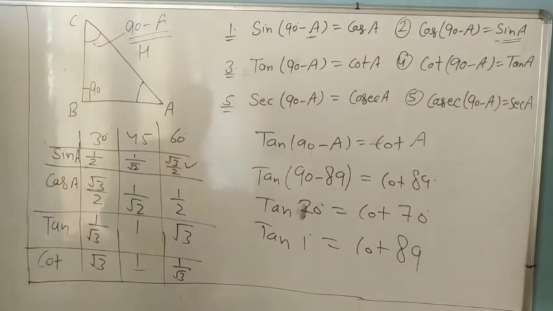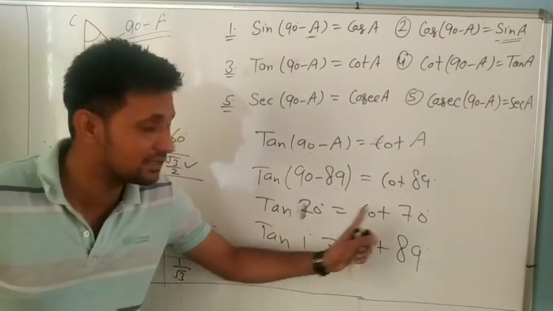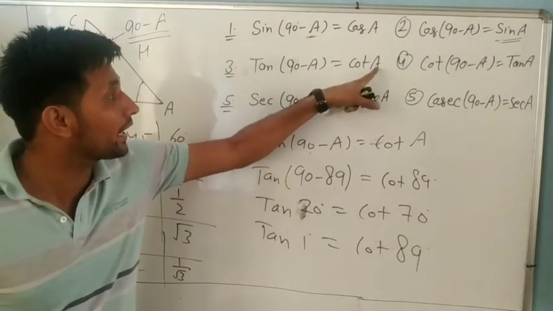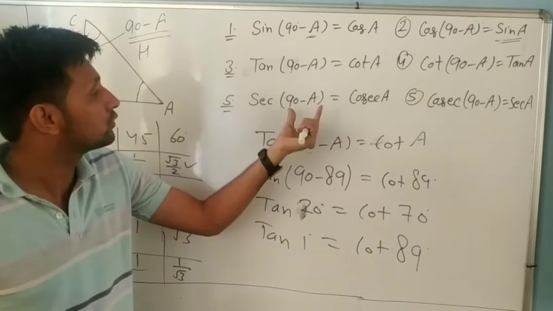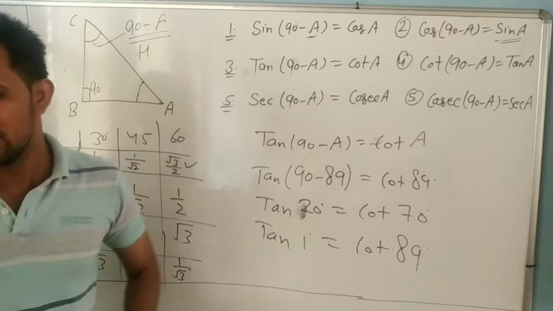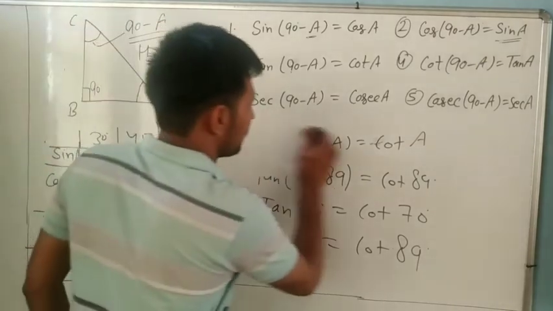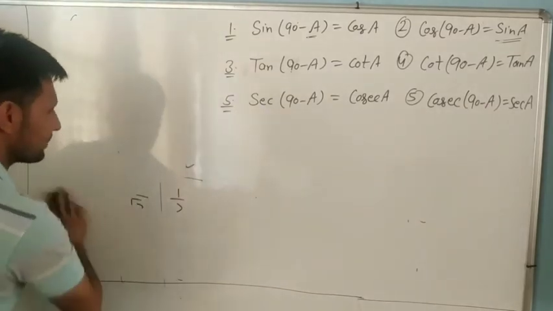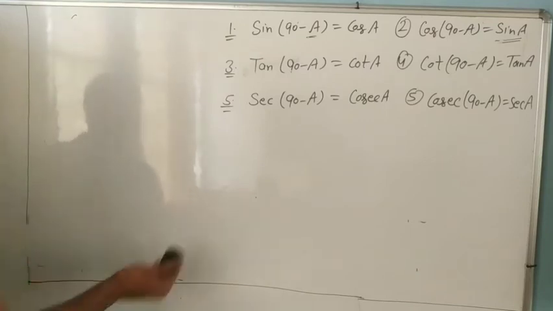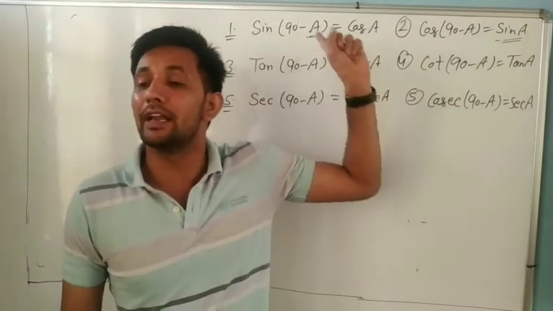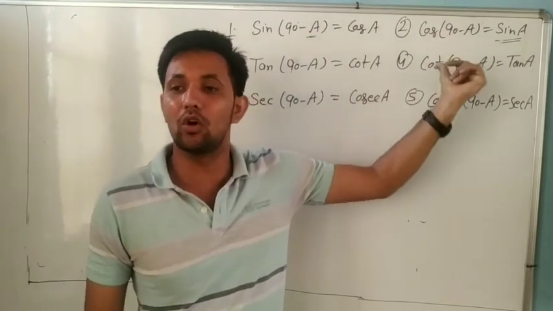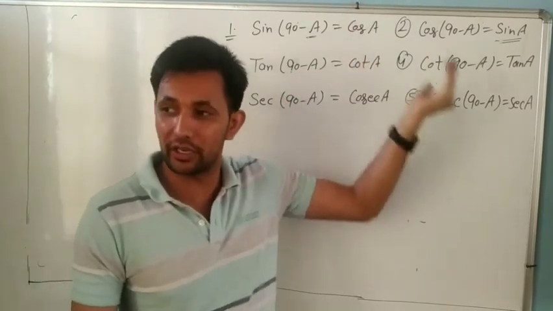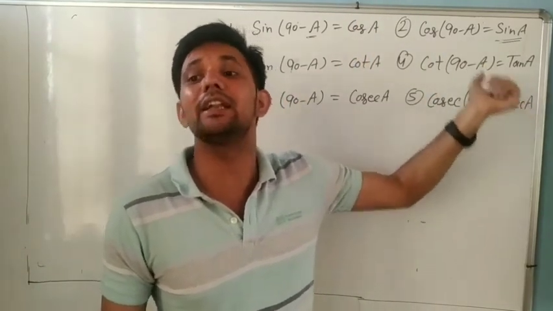Okay, dear. Always you have to remember the sum. You have to check it. If the sum is 90, tan 90 minus some angle is equal to cot of the angle we are subtracting. Same as it is for this one. Okay, dear. Now look at the question. You only have to remember these 6 formulas for exercise 8.3. If you know these 6 formulas, you can solve very easily. Sin 90 minus A is cos A. Cos 90 minus A is sin A. Tan 90 minus A is cot A. And cot 90 minus A is tan A.